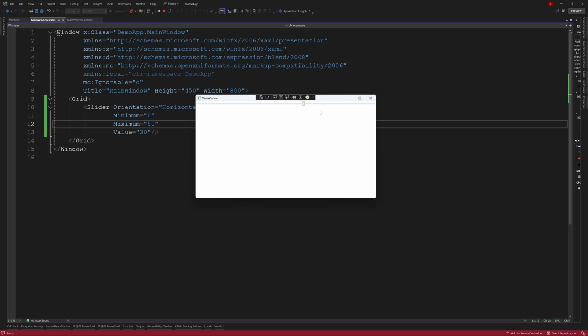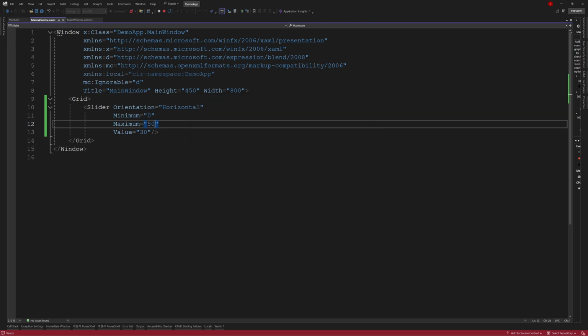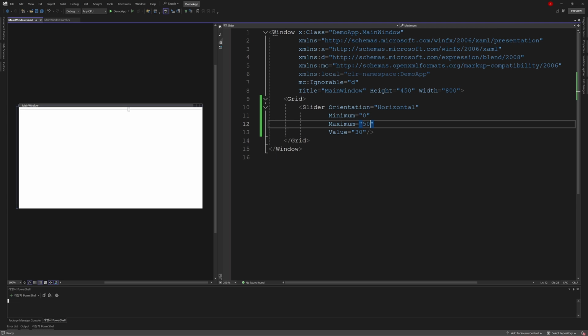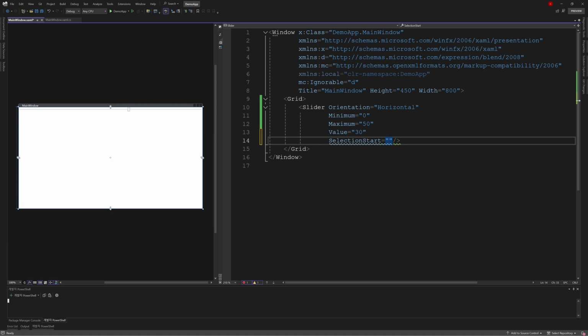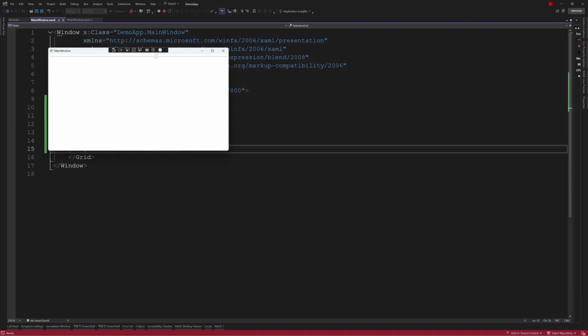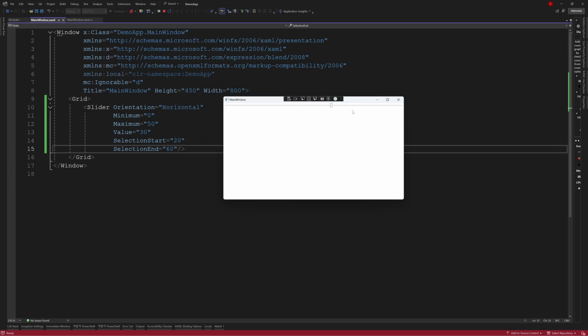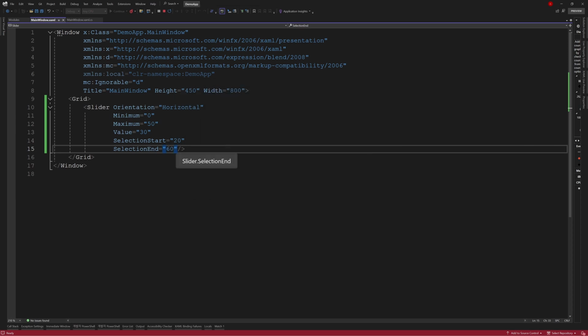And we can also define the start and end points for the slider selection range using SelectionStart and SelectionEnd. Let's set them to 20 and 60. At this point, we won't see anything, because to make it visible, we also need to use the IsSelectionRangeEnabled property.